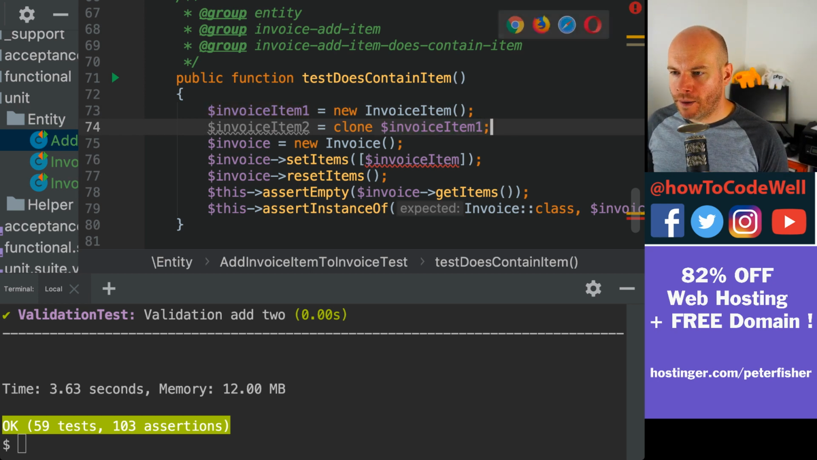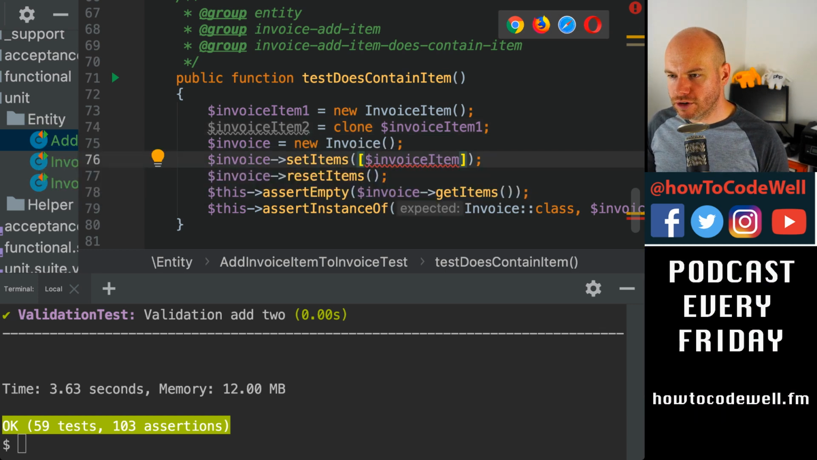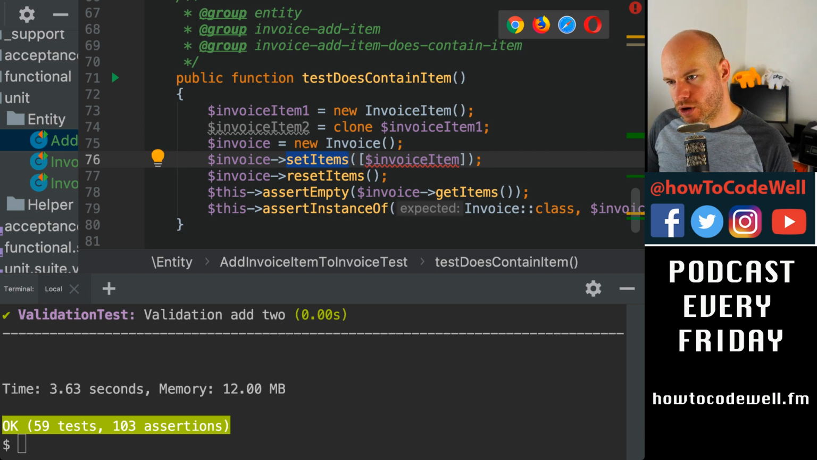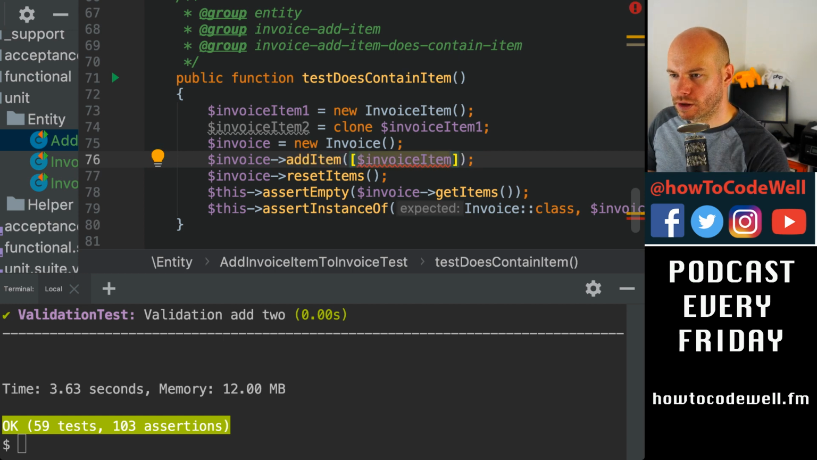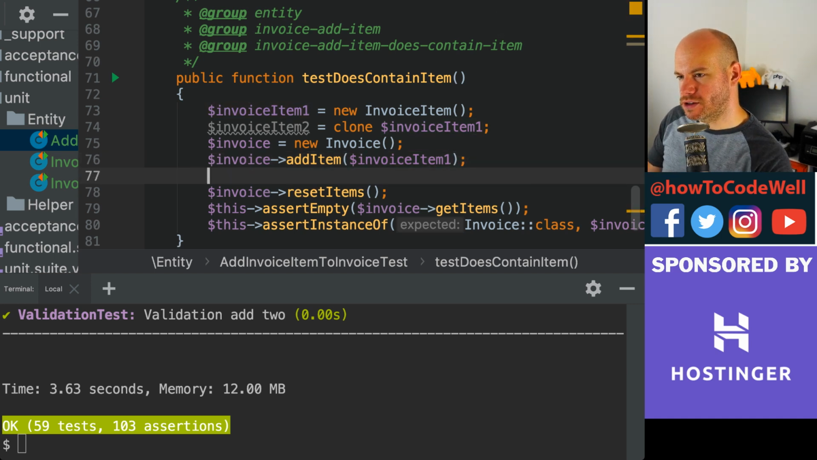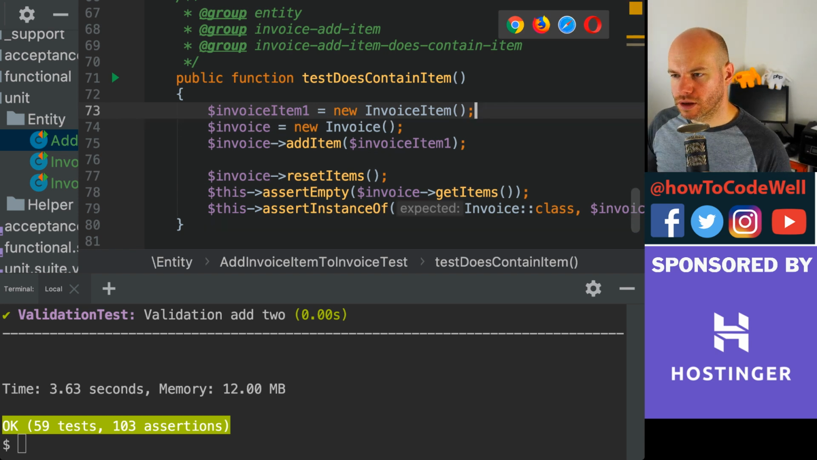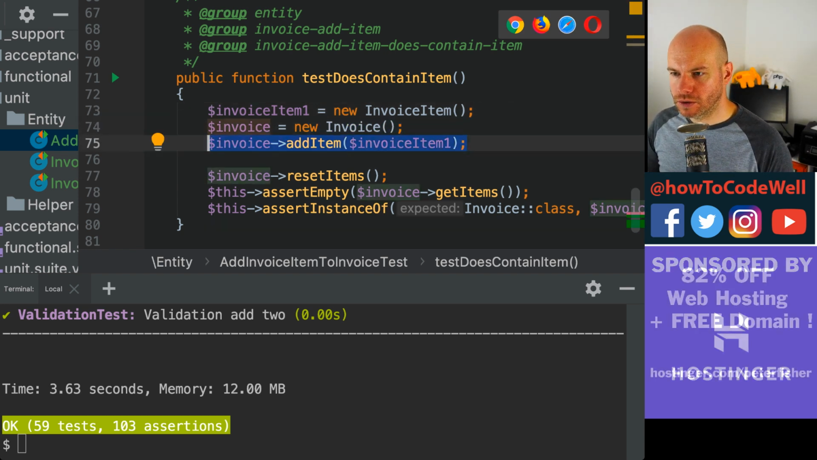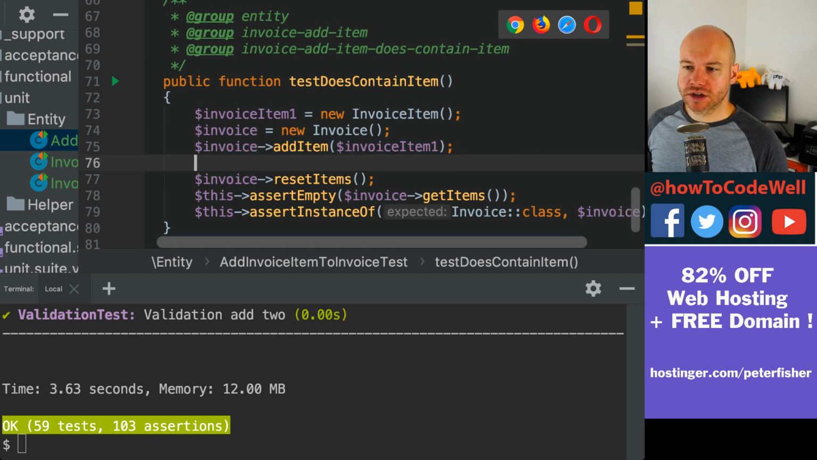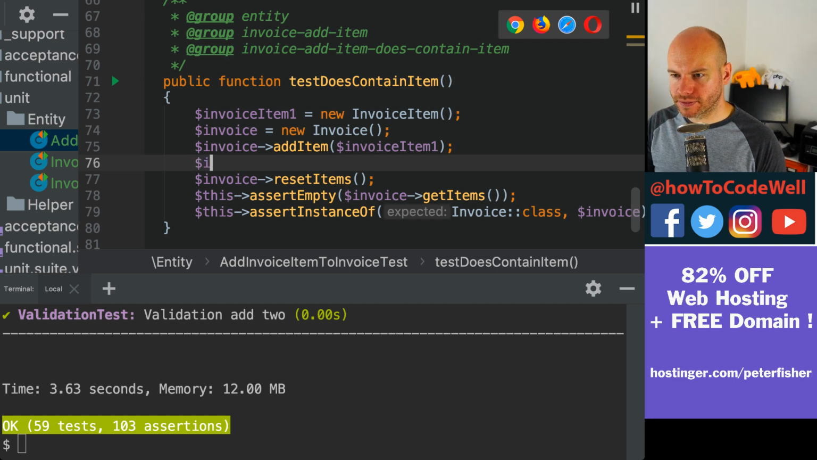Okay, so now we have the invoice, and what we're doing is we're going to set the items, but what I would like to do first of all is add item. So we're going to add the first one, which is item 1. And then, well, in fact, we don't need to clone it, do we? We can just simply do, and I should stop using the word simply, because this never is. So invoice add item, we need to call upon invoice